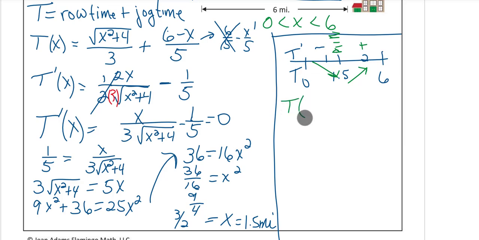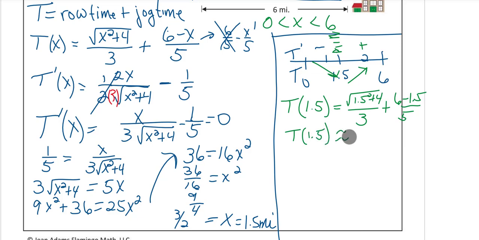So we need to know our time when x is 1.5. So putting that back in here, we have 1.5 squared plus 4 over 3 plus 6 minus 1.5 over 5. And so t of 1.5 is approximately equal to 1.733 hours. Okay, so the least amount of time